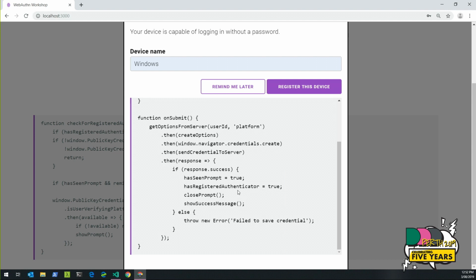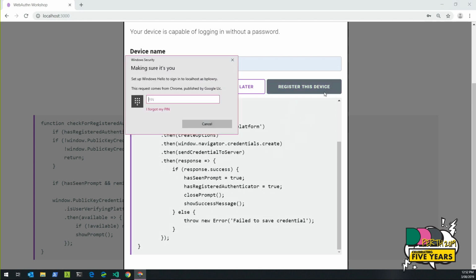Then I will send through the credential, like the public key and the credential ID, to the server, and get back a response from them that says they've stored it and all that jazz. And if that was successful, I close the prompt. It's not that much code, really. This is kind of all I would have in the app in terms of registering that. I'd make that a reusable function somewhere so it could register on a few pages. So I'm going to go ahead and register that. And this is the prompt I get. So I have a PIN number I need to enter. I could get my key, but that's more annoying.